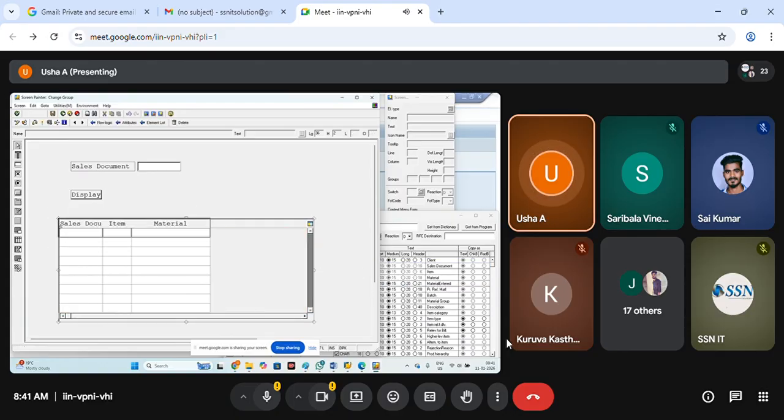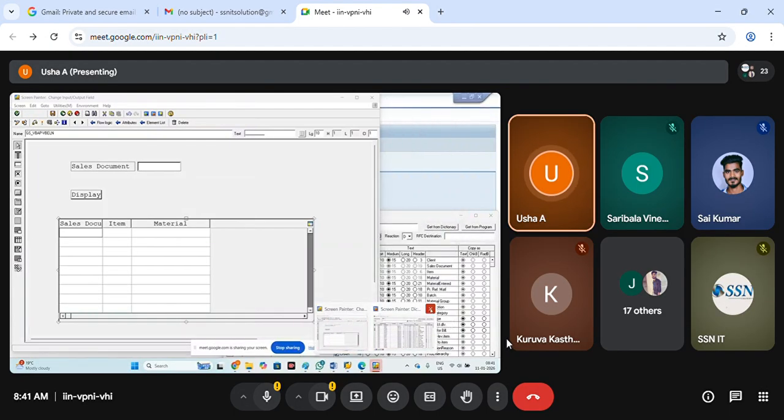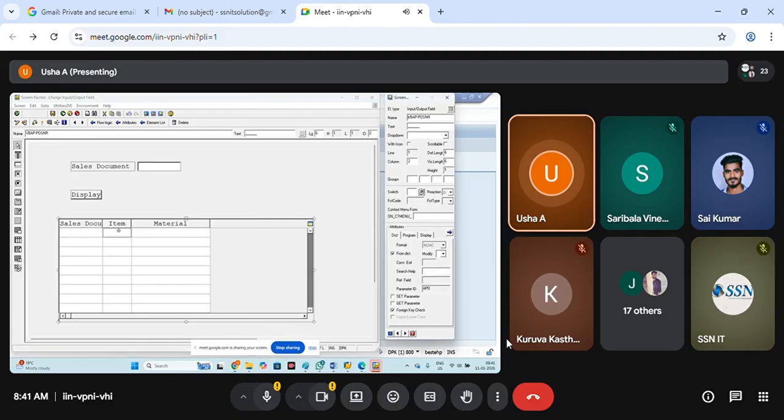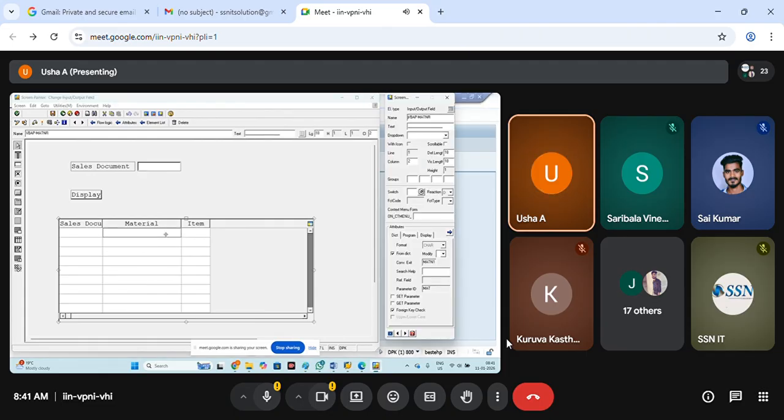But I can't display the table data directly. So what I'm going to do is take one record into the work area and display. Go to the input field, not the text field, and rename it GS_VBAP-VBELN. Then close these attributes. Then double click on the next input field: GS_VBAP-POSNR. Next input field: GS_VBAP-MATNR. Like that, just give it.